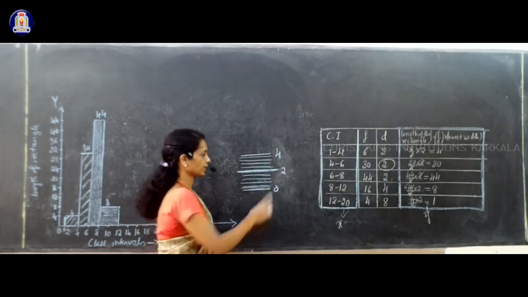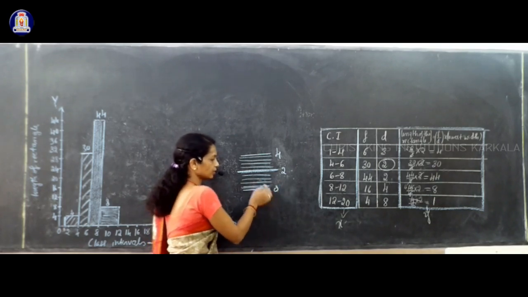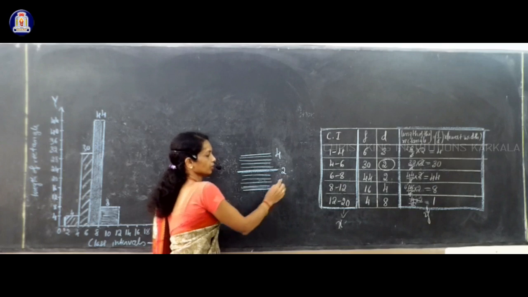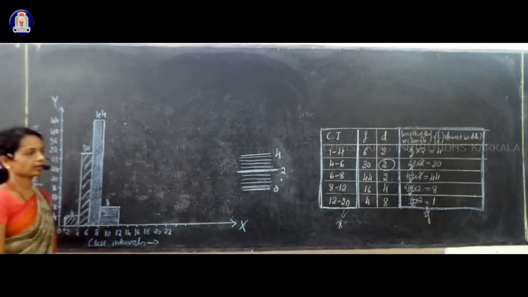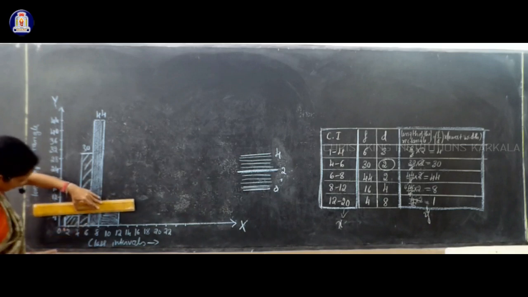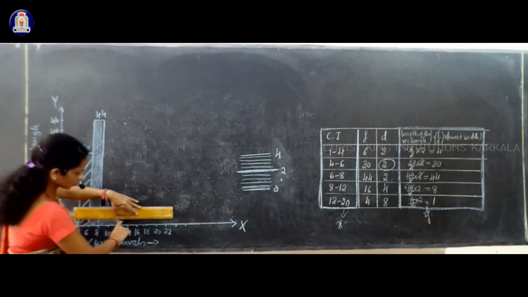Where is 1? Exactly between 0 and 2, what you have? 1. That is between the second and third line. You have 1, so be careful. Here, exactly in between the second and third line, you have 1. Here it is not visible. So half of 4 is 2 and half of 2 is what? That is 1. That is somewhere here.